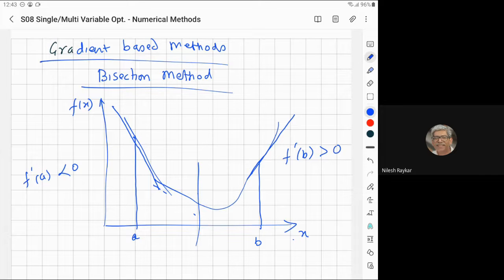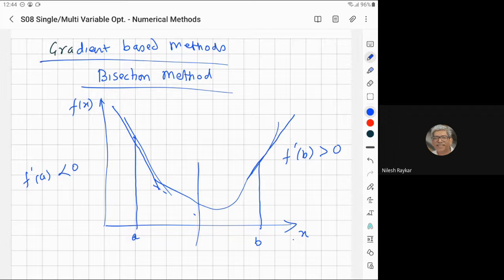So can you visualize and tell what would be the condition? After you decide the slope at the midpoint, you will chop off either the left or the right part, and then your result will get ready. So what will be the condition that you will look for? If the slope is less than 0, you will chop the left. Right. And if it is greater than 0, then the right side.